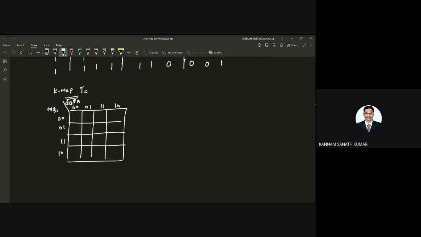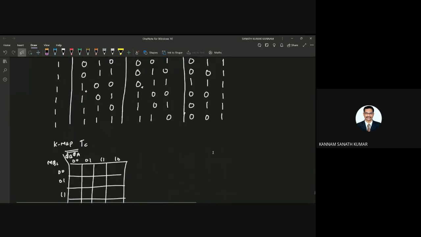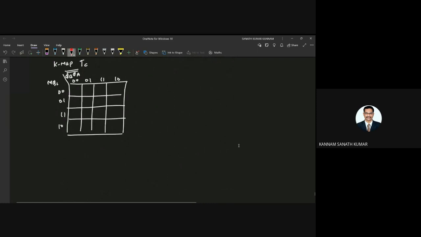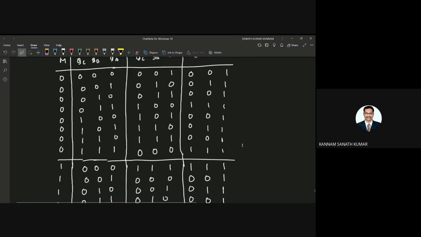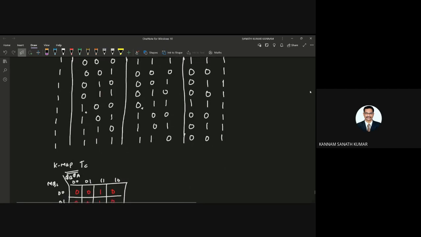If you see this one, 0 0 0 1 and 0 0 0 1. So here I can write 0 0 0 1 and 0 0 0 1 for TC. Next 1 0 0 0 and 1 0 0 0.